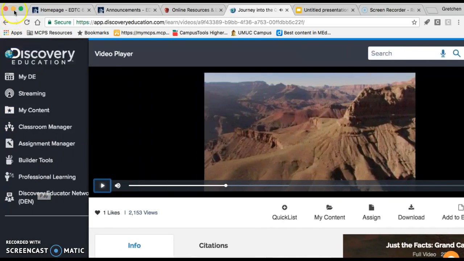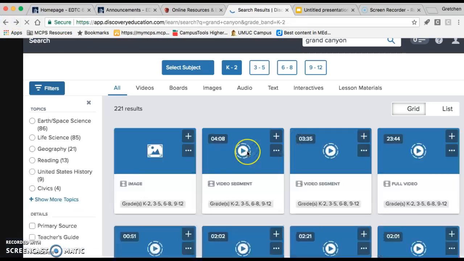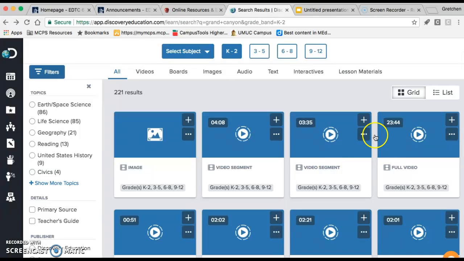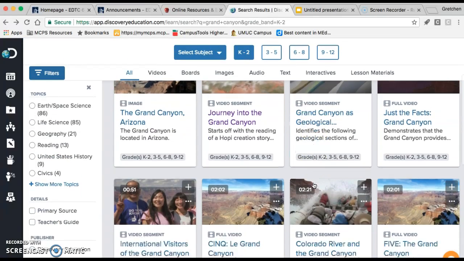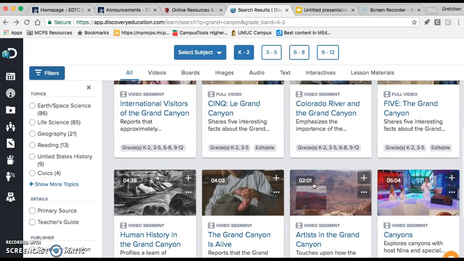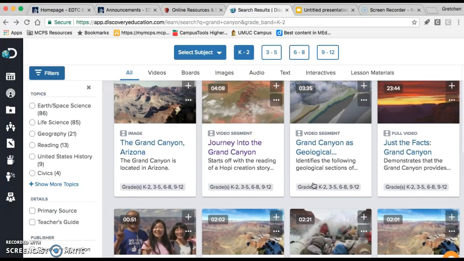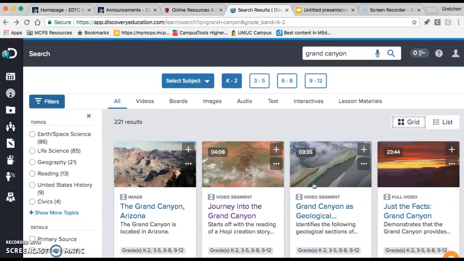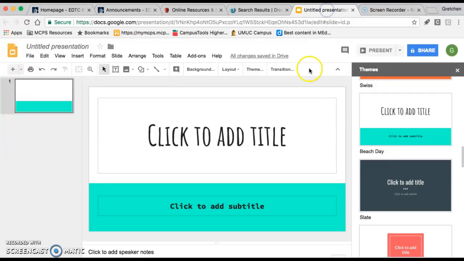So they can watch multiple different videos about their specific place. As you can see, there's tons of different videos that they can watch and click and play and just go back and forth between the videos. And then as they're doing that, they are going to be taking notes on their graphic organizer, which they will have. And then so after they're publishing, they will be set up in Google Slides, so it will look like